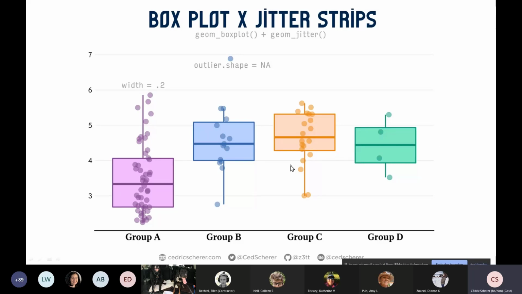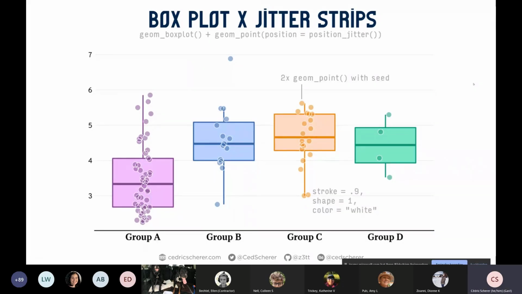if you would have the outlier here on the top, you would give the impression that you have 2 values, which is actually only 1. So 1 dot would be drawn as an outlier by the box plot, and 1 dot would be drawn for the raw data. And you don't want to have that, so you always need to remove the outliers. And again, I like to use geom_point with a jitter, so I need a seed again, so that I have the outlines, which can nicely indicate the overlapping points here.